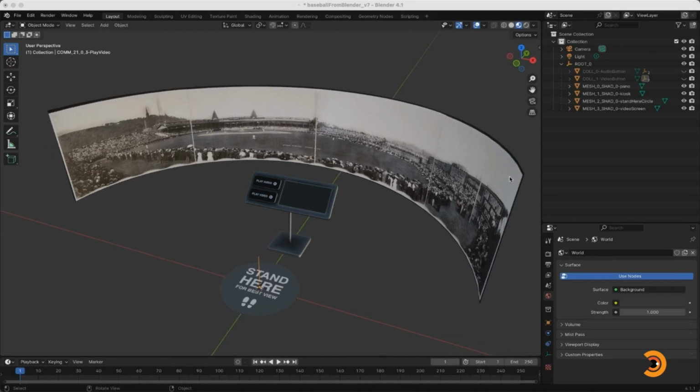So, as you can see, we've got a few meshes in here this time. We've got the panorama mesh, which is this big half-cylinder in the background, and a nice photograph for people to look at. We've got a little information kiosk that's standing in front that has a play audio button and a play video button, so that they can learn more about the panorama. And then we've got a circle that appears on the ground, so that they know where they should stand to